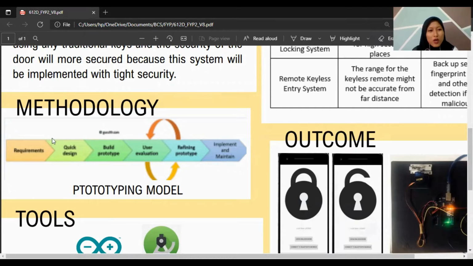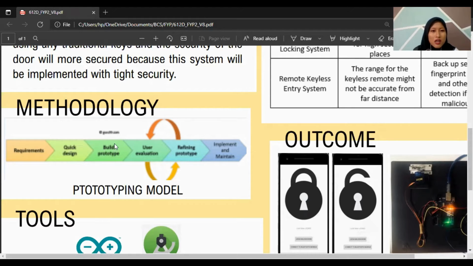So firstly, we gather the requirement and analyze all requirements for this project. In this phase, the requirements of this project are defined in detail. We need to find what software or device we need to use, what the advantages and disadvantages are, how it will be implemented, why we choose the project, and many more. And after that, we will do a quick design for this project by using a low fidelity prototype. It is because in this phase, it will give a brief idea of this project to the developer and user.